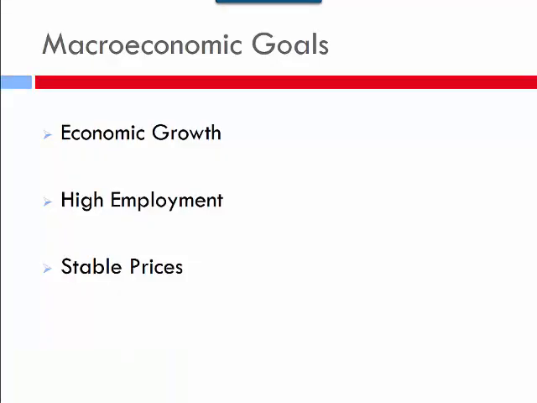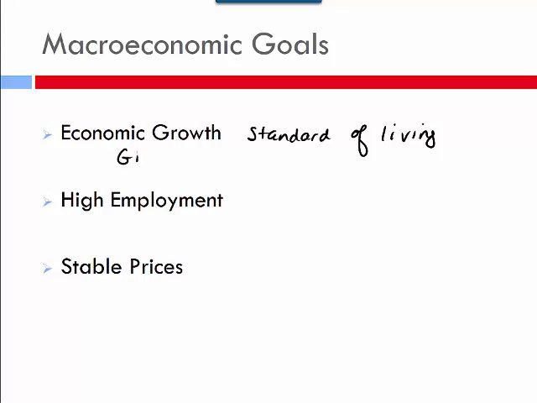So when we talk about the macro economy, we have three goals. One is economic growth, and we'll talk about economic growth in the short term and long term, high employment, and stable prices. So we want economic growth because this is what leads to a higher standard of living. This means that the people in the society are generally better off, and their standard of living, their way of life, is continuing to improve. That's our goal. If we are the government of a society, that should be our goal, to improve the way of life for the people in our society.